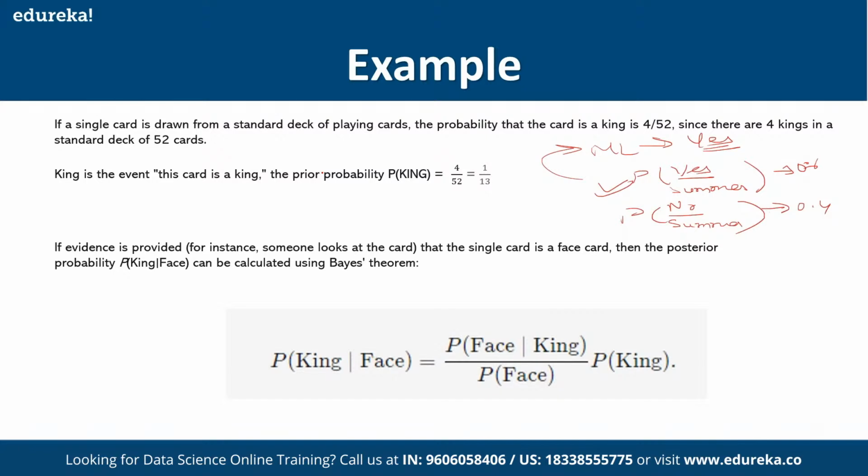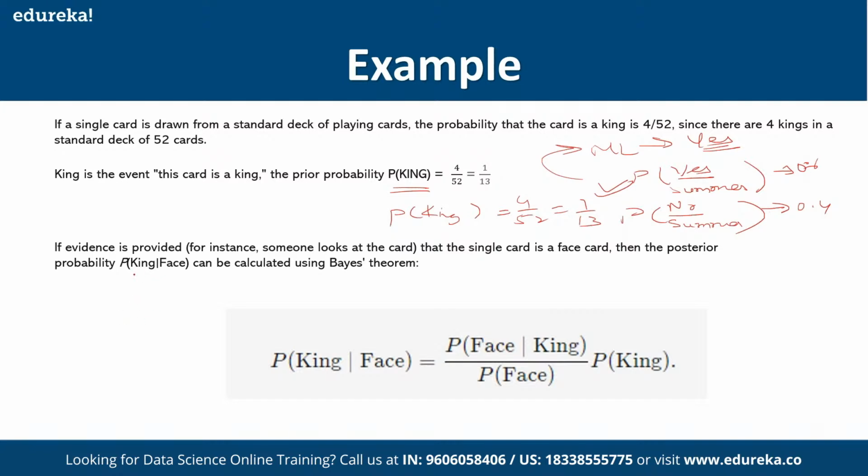Let us also do one more calculation. The probability of you finding a king in a deck of cards is 4 by 52, which is equal to 1 by 13. So this is the probability that you will find a king in a deck of cards: 4 by 52 or 1 by 13. Okay. Similarly, I ask you now